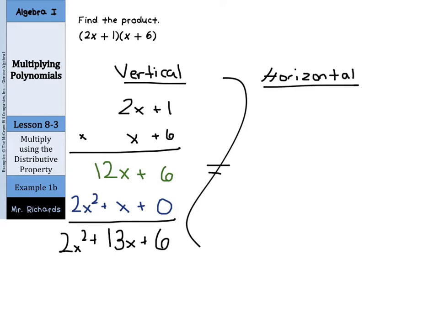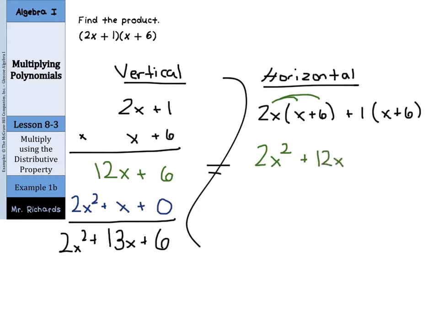where we will take our 2x and multiply it by the other parentheses, x plus 6. And we'll add that to the 1 times x plus 6. And now we get to distribute. 2x times x is 2x squared. 2x times 6 is 12x. And then we'll have our 1 distributed, and our 1 times x is just plus x, and 1 times 6